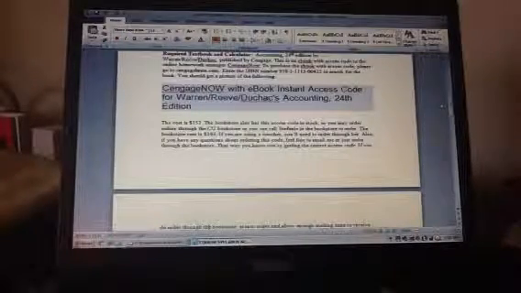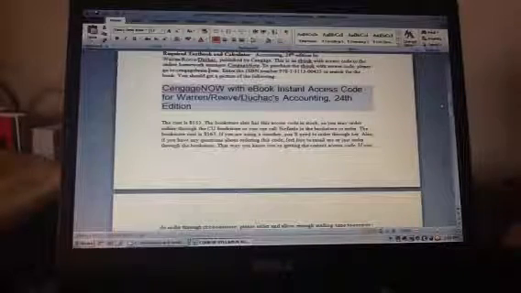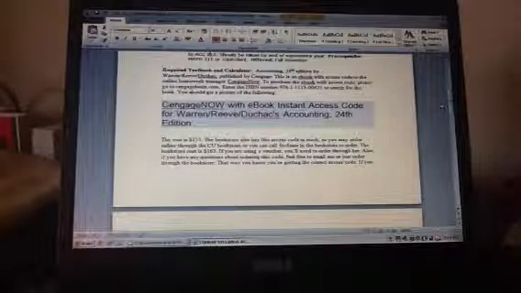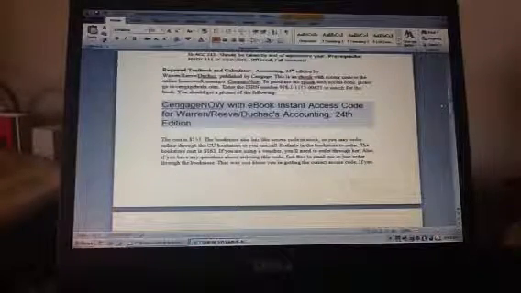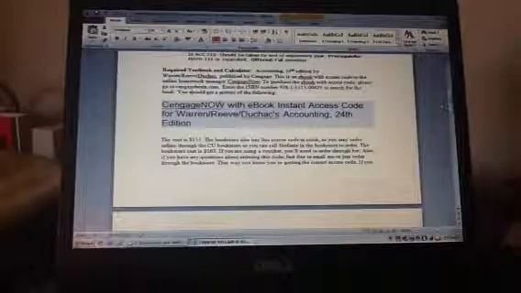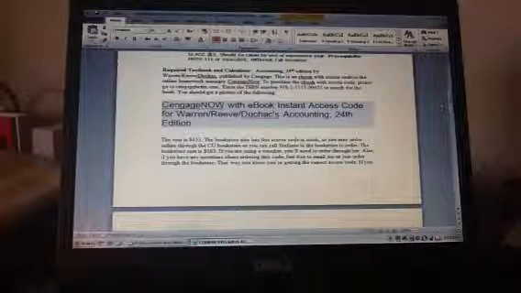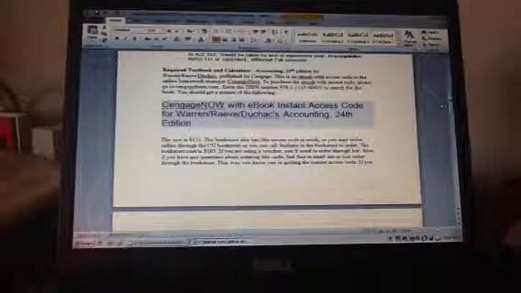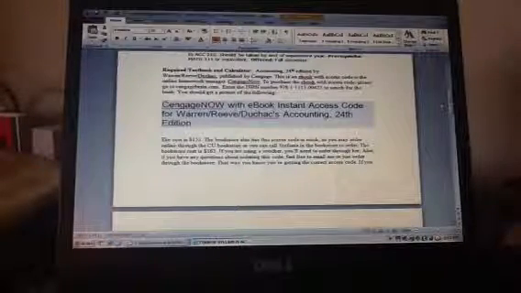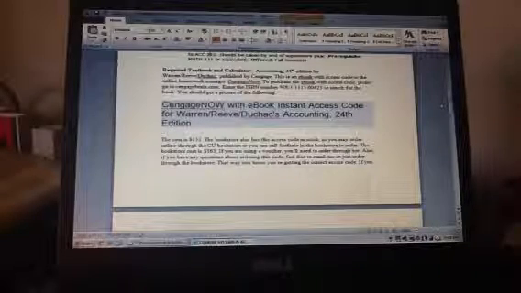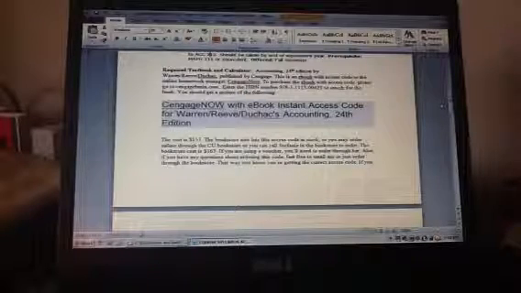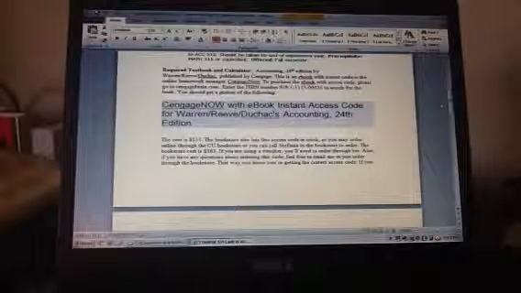The textbook is Accounting, the 24th edition by Warren, Reeve, and Duchac. It's published by Cengage Learning. It is an ebook, and there's an access code to the online homework manager. The online homework manager is found on the internet at cengagenow.com. You can purchase the ebook with the access code at cengagebrain.com. To find the book that you need to purchase, you can enter the ISBN number